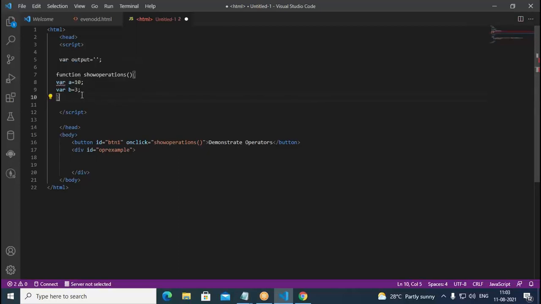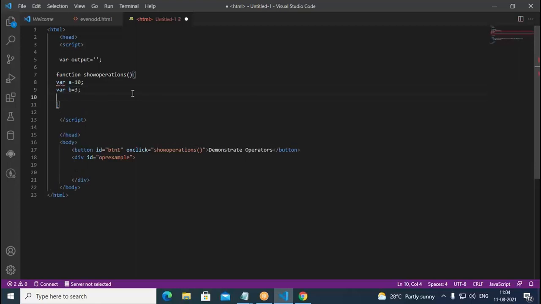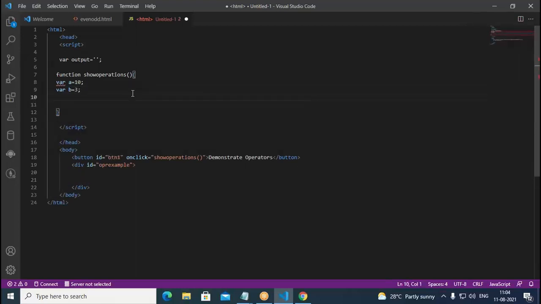Expression expected. It is correct only. What is the wrong thing in this? Function show operations. So any error in this? I think no error. Next we write here output equal to